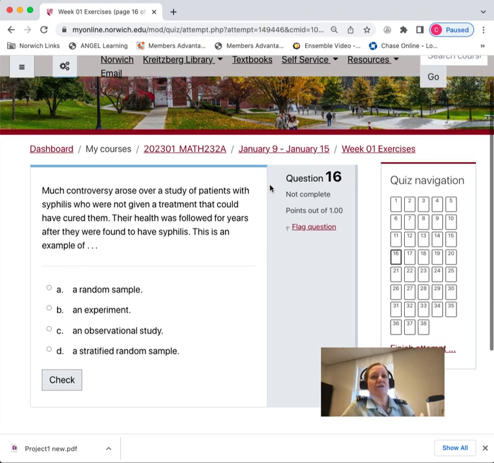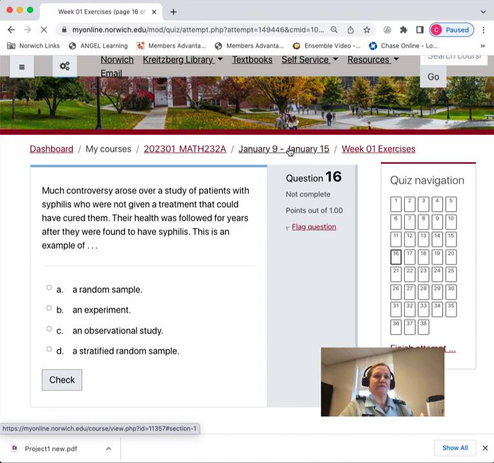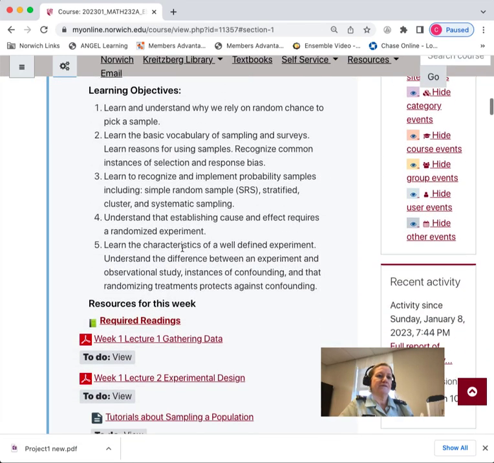The goal is for you to work through all of these exercises, let them help you learn the material before you do the assignment. And then the assignment doesn't have the check button. You're going to have to do the work for that on your own without that. But if you complete any of the assignments by Thursday of the week it's due, I will grade it and allow you to reattempt it. So I'll typically grade it on the Friday and allow you to reattempt and submit that for the deadline. And the exercises are due by Saturday at midnight, the assignments by Sunday. So that important check button.